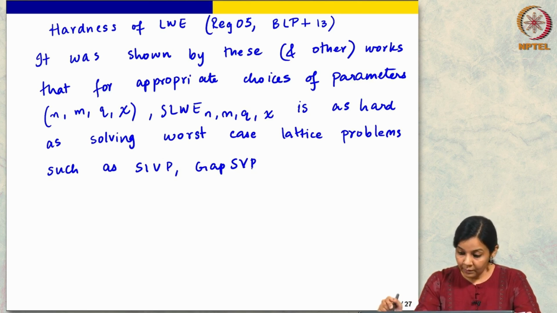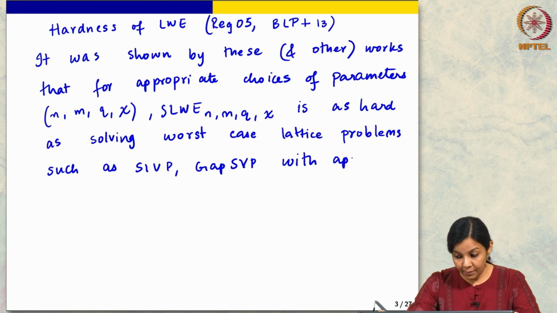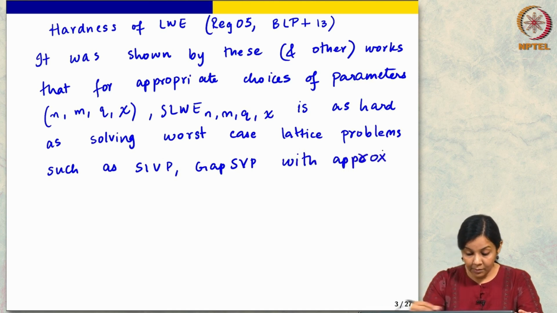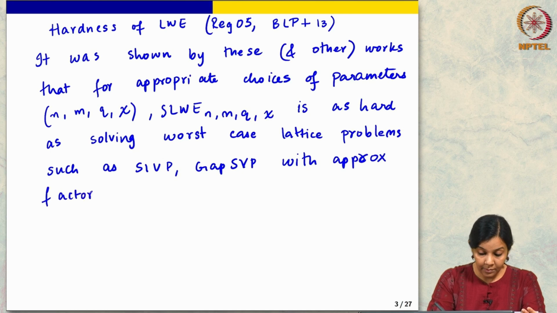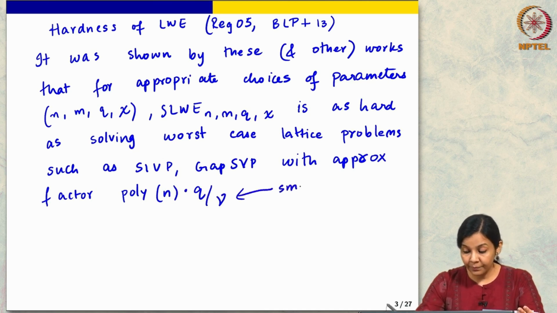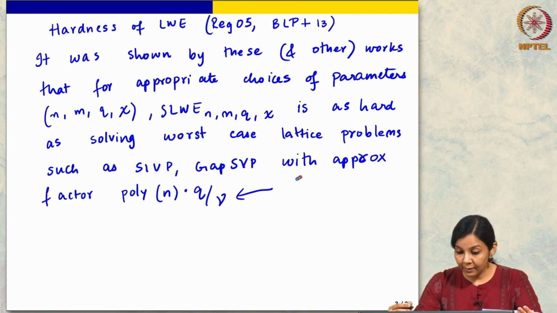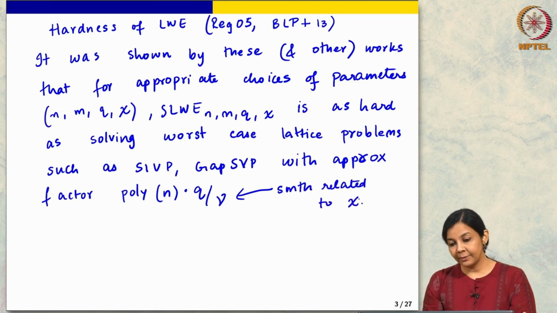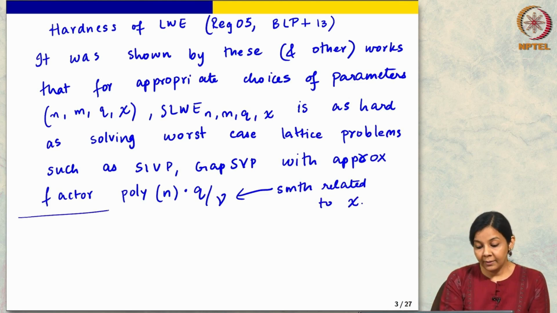Okay. So, is solving worst case lattice problems such as gap SVP and SIVP with approximation factor poly n q over gamma, and gamma here is it's actually the standard deviation of the Gaussian that I was talking about, but let us just say something related to chi, because for our purpose it really does not matter. Okay. So, we believe that